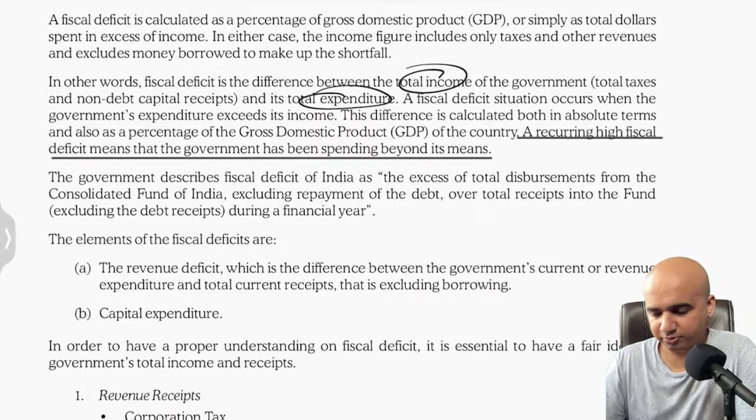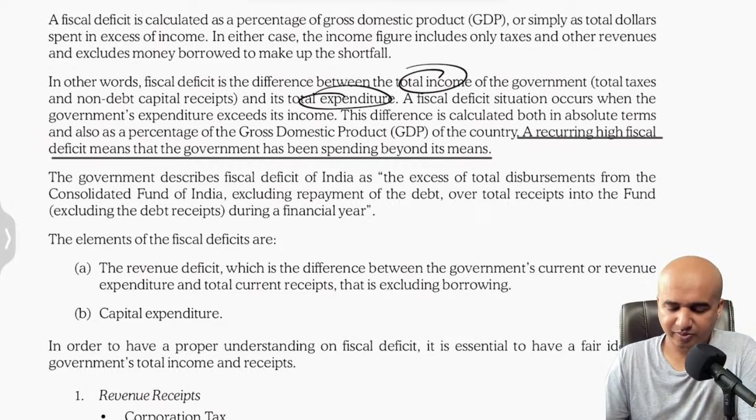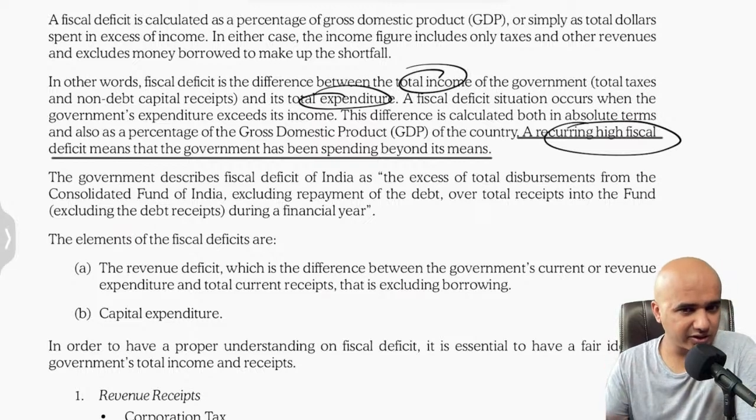As we just now saw, the sources for revenue are limited. So the means are limited. When the means are limited, you cannot give freebies beyond your means. So when the government does that continuously, there will be a recurring high fiscal deficit. That means every year you will have the same fiscal deficit. How long will you borrow money from RBI to cover this fiscal deficit? Anyway,